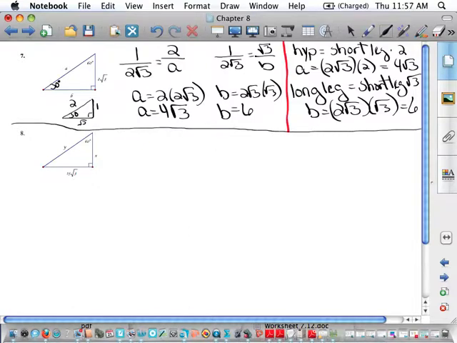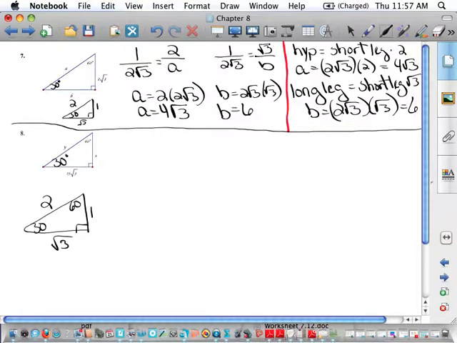Okay, let's look at the next one again. I have a 30-60-90 right triangle, my reference triangle. Here is my 30-degree angle. Here's my 60-degree angle. So the relationship is the short leg is 1, the long leg is root 3, the hypotenuse is 2. So again, I can set up these ratios where I'm comparing my standard triangle to my example